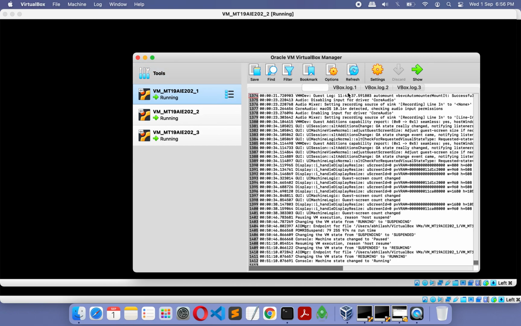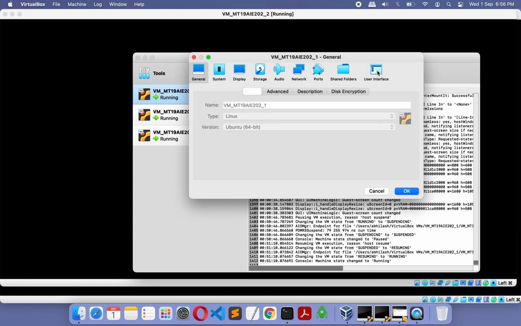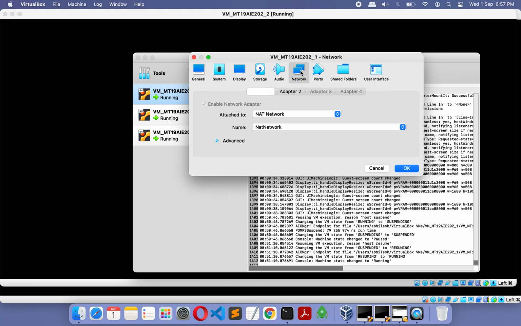If we go and see the network settings of all 3 machines, for the first one, the reason being it runs an application, a web application hosted on this machine, so we might need interaction with the internet, with machines on the internet also. That is why we have done 2 network settings for this machine.